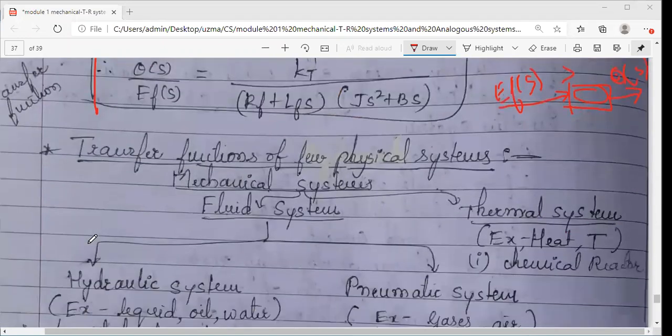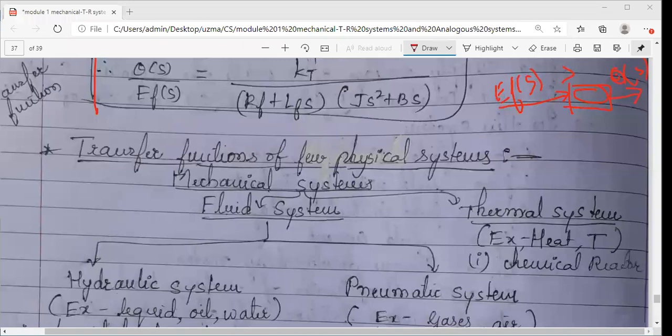So now coming to some standard physical systems, how to find the transfer functions. I have listed a few. I don't know whether your question paper will carry this or not in your upcoming final examinations, because till now this kind has never been asked, but it doesn't mean that it will never be asked. So always, not to take any chances, let me just define, because studying with practical aspects will always be much beneficial to you.